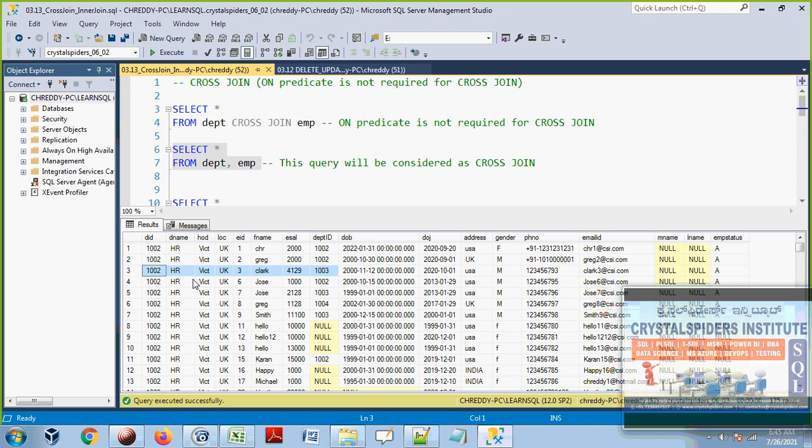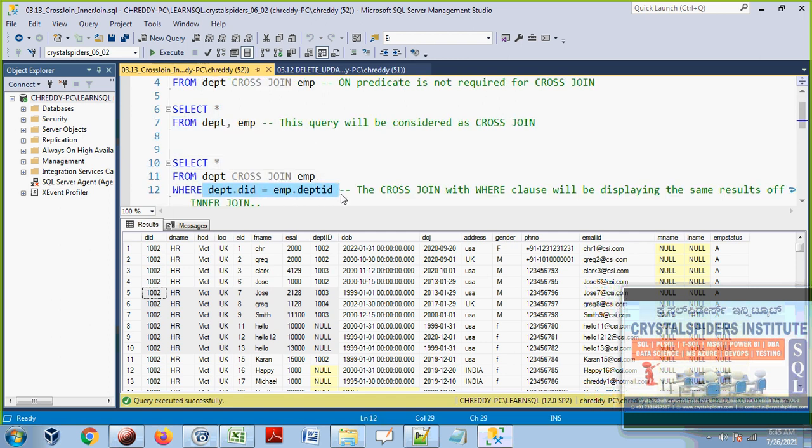Don't take this record. And this record is matching. Take this record. And these records are not at all matching. All these records are not matching. So don't display these records. I am going to put one where condition, either in this query or else this query. Then let's see what will happen. So now here I am going to put this where clause.